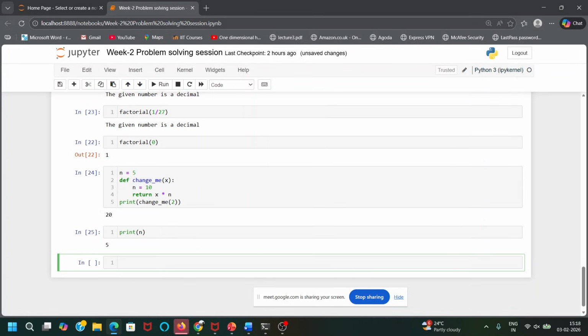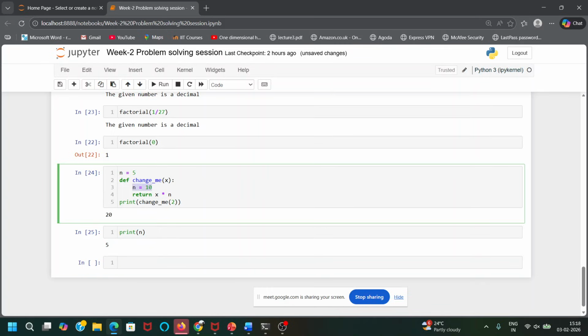So n is equals to 5 because whenever I use something in a function, that will stay in the function itself. It will not go outside. As soon as you evaluate the function, you will return only this value x into n. No other variables will be stored. Whatever happens in the function stays in the function.